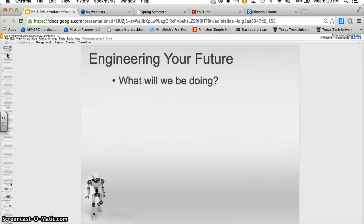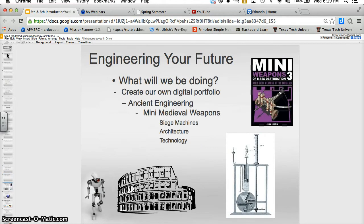What we'll be doing. First off, you're going to be creating your own digital portfolio. As I said, this is through a Gmail account, so you have to make sure you have a Gmail account. And then we're going to move into ancient engineering. We're going to be looking at medieval weapons, siege machines, architecture, technology. Everyone's getting this book, Many Weapons of Mass Destruction 3, and also a variety of materials. We'll be using this book at our labs as well as at our